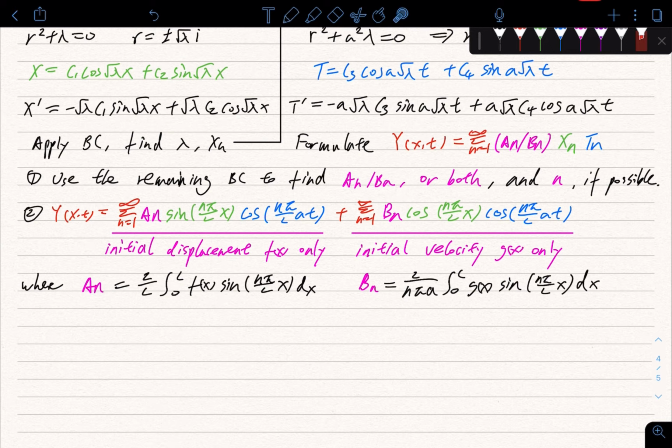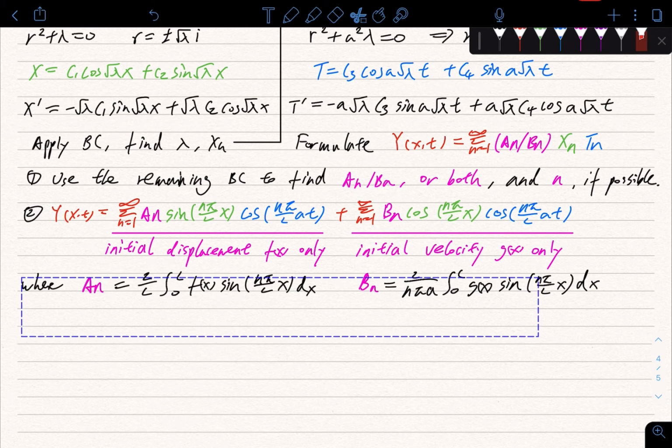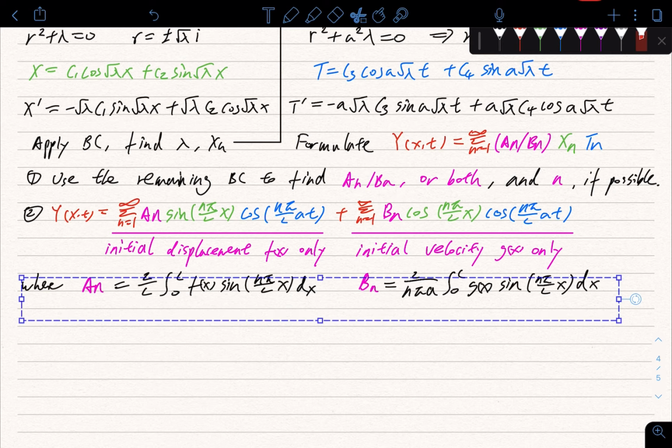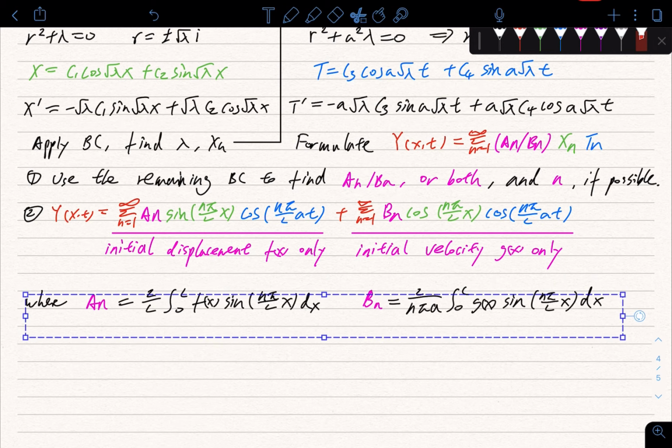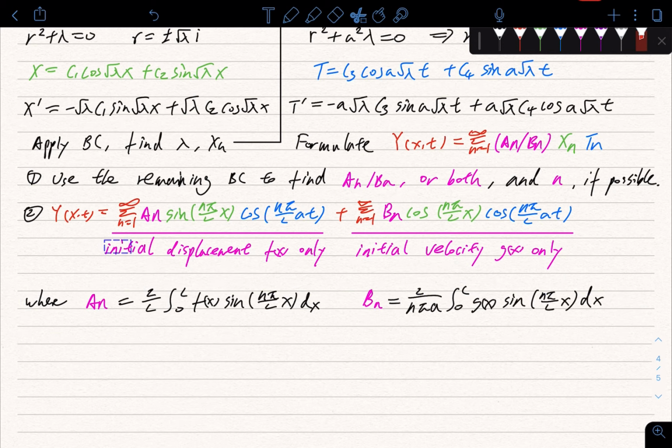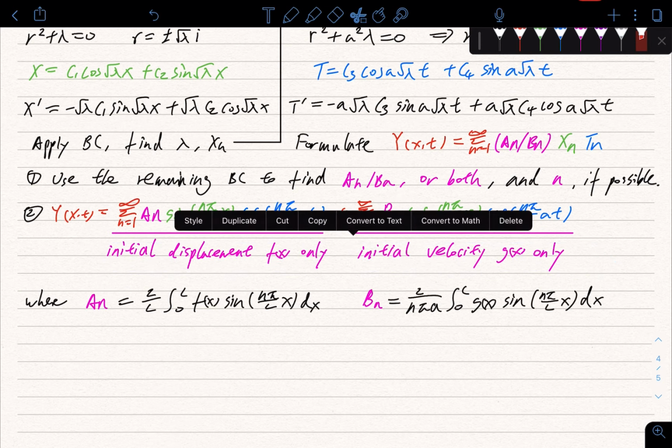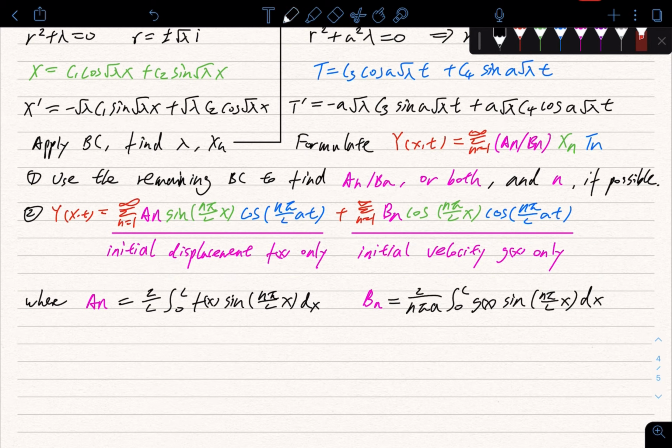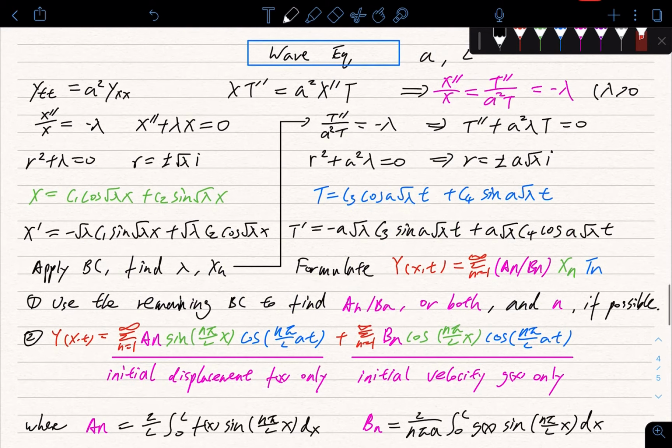My recommendation is always use this method first. If you can't solve it, then use this equation, because you really don't want to memorize these equations. They are terribly long, and it is just not the right approach to learn and solve differential equations like this. So let me move down a little bit just for better visual clarity. Okay, and then once we understand all of these,